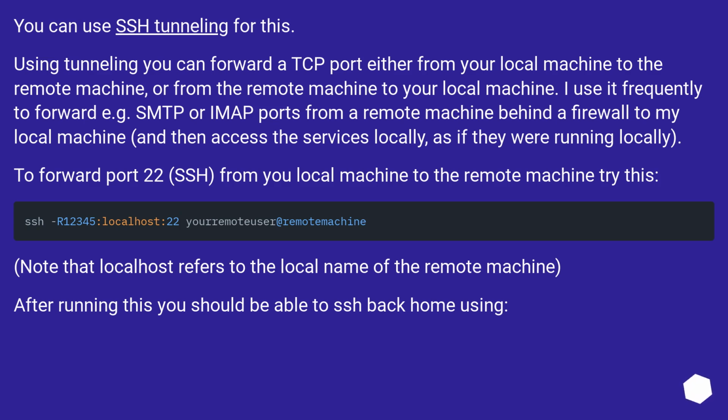To forward port 22, SSH, from your local machine to the remote machine, try this. Note that localhost refers to the local name of the remote machine. After running this, you should be able to SSH back home using: